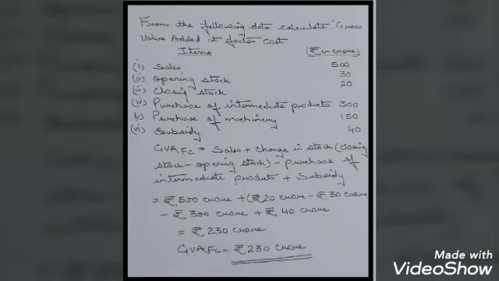And the last numerical is calculate national income. From the given data, we have to calculate national income, and the data given over here are: the first is net factor income to abroad, which is minus 50 crore. Then net indirect taxes, which is 800 crore. Net current transfers from rest of the world is rupees 100 crore. Net import is 200 crore.